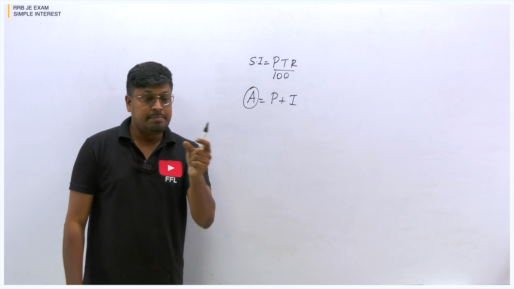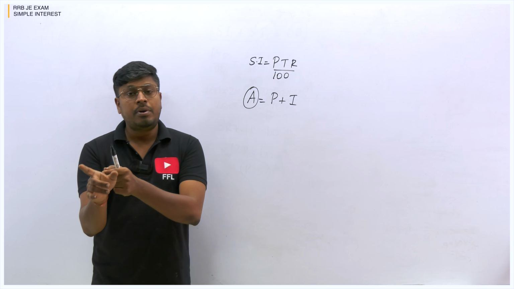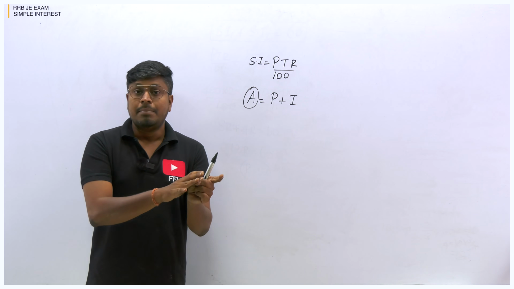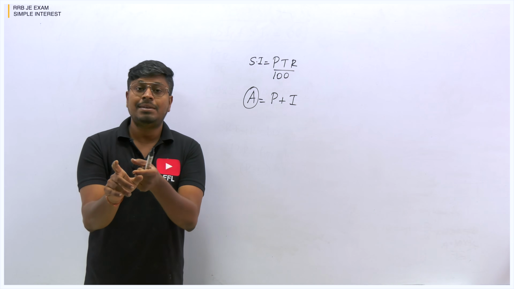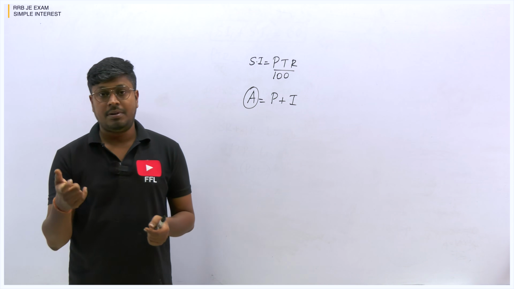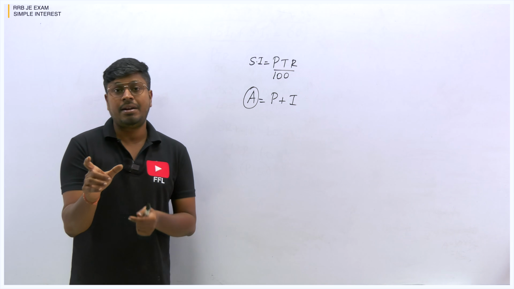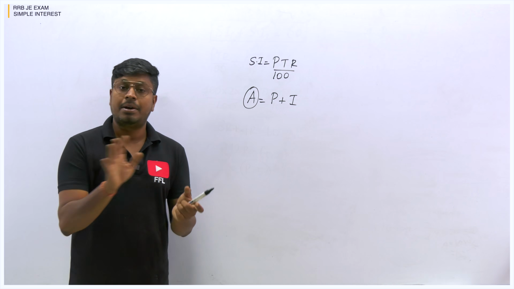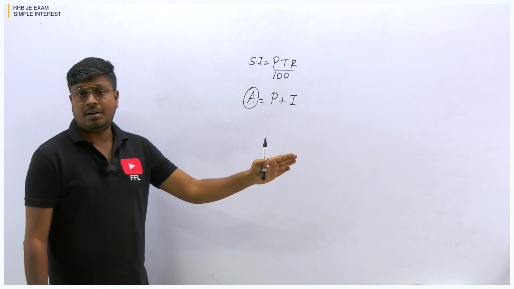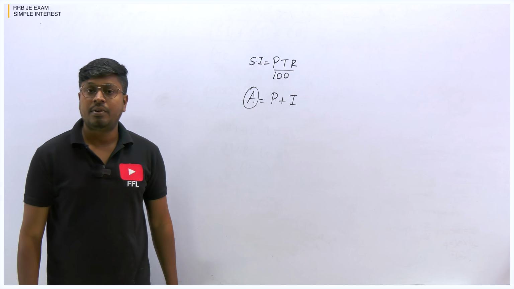In my video itself I have told you one thing: compound interest, simple interest is easy, right? Simple interest will be 99% easy, and compound interest is also easy, but the only problem in compound interest is that the calculative part will be more. You have to multiply and then divide. So the calculation part will be more in compound interest when compared to simple interest. So do not forget to learn this topic and give more and more importance to simple and compound interest if you are preparing for RRB JE.